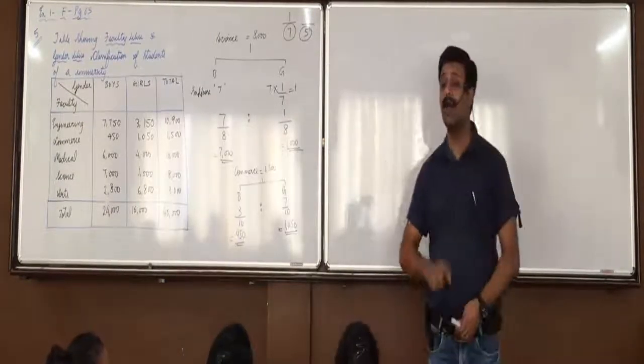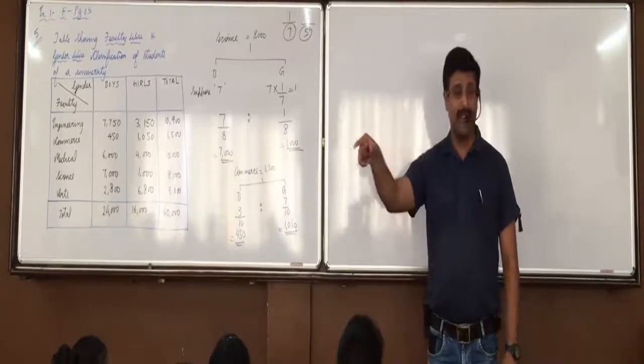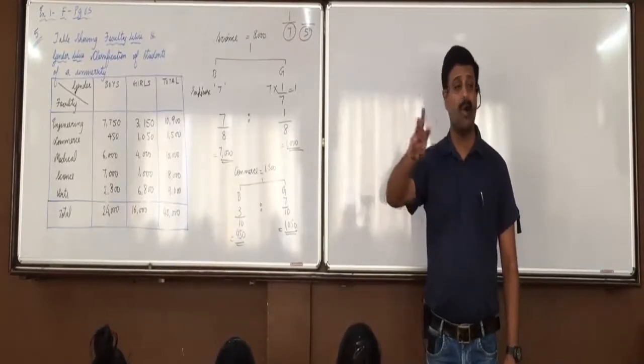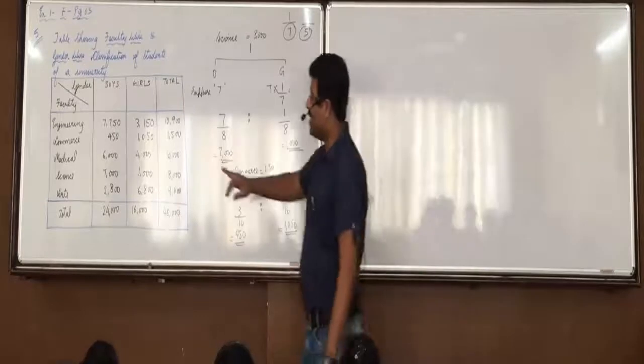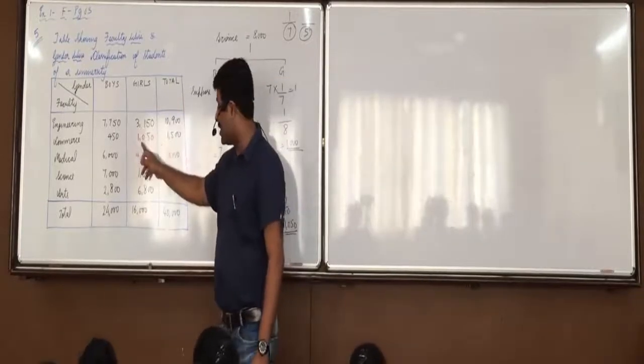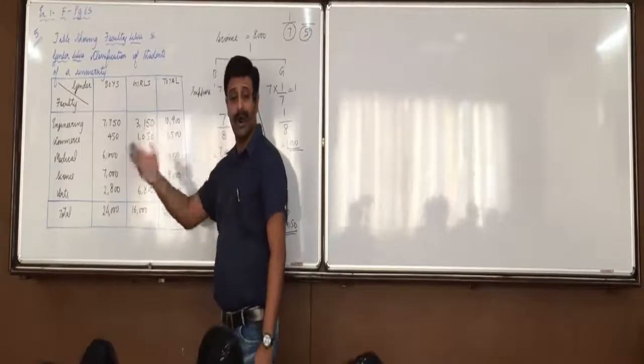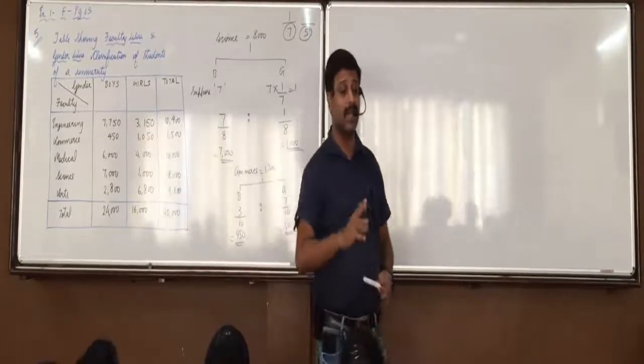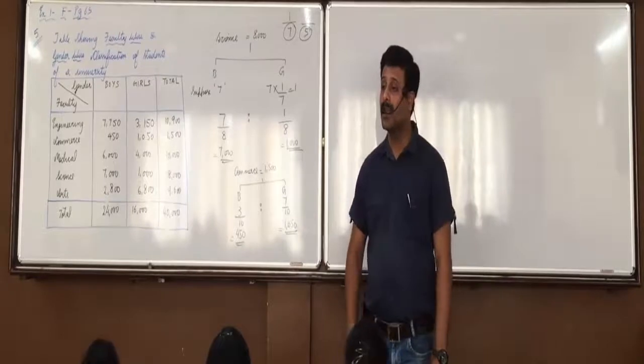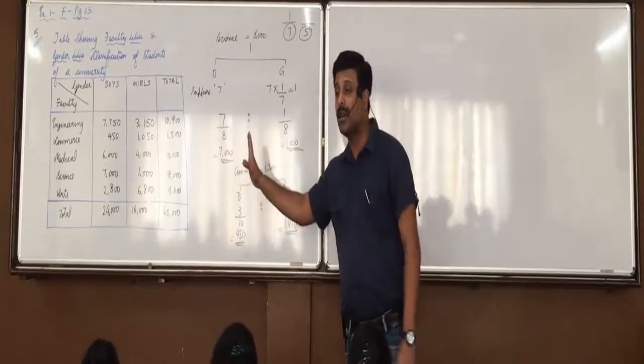We got the table. We can cross verify. See that we underline engineering girls are 3 times commerce girls. See engineering girls 3150, commerce girls 1050, 1050 into 3, 3150. We automatically get that engineering girls are 3 times the commerce girls. So all of you are clear with this question? Any confusion?